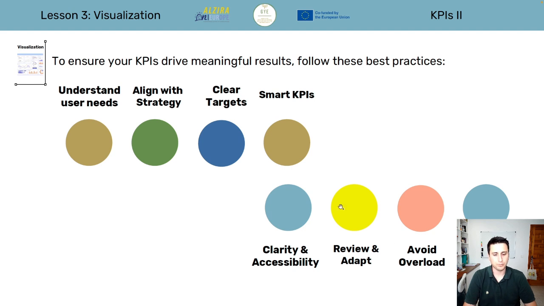Okay, then review and adapt. This should be fluid and flexible, and we should be checking the KPIs and aligning them with the current goals, and adapt some measures, some objectives, depending on the decisions that the company is taking. Okay, avoid overload. As I said before, too many KPIs is the same as no KPIs. So define key performance indicators, the key ones that are leading us to the results, not 50 KPIs to measure the performance of one team or one employee.